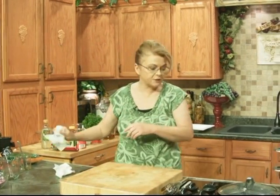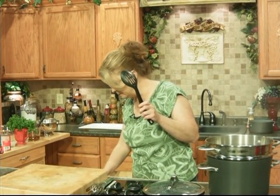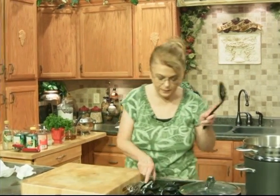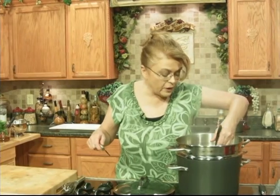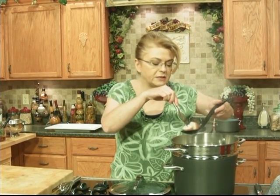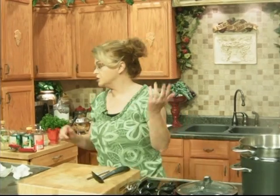So let's test those with a knife. The reason I want to test them now is, I need a little paring knife. Where's my little paring? There we go. When they're almost done, just put a knife in the center. No, that needs about 2 or 3 more minutes. When they're almost done, meaning they need about 2 or 3 more minutes, then you're going to add some fresh